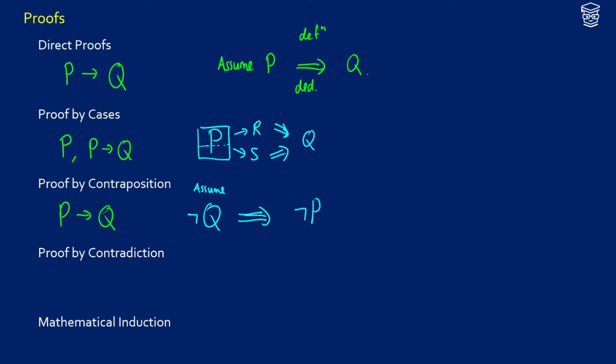Now, with something like a proof by contradiction, normally we're just trying to prove something P. Now, what we do in a proof by contradiction is we assume that not P is true, and what hopefully is going to happen is we're going to get some other contradiction. So if we assume that not P is true, we're going to get R and not R, and then that is going to tell us that P is true. So in other words, this bit right here would be impossible because we get a contradiction,